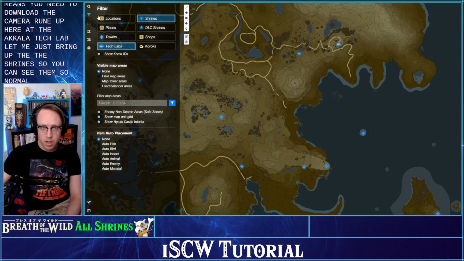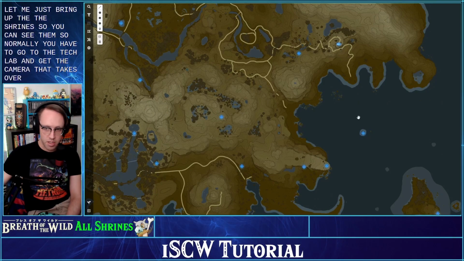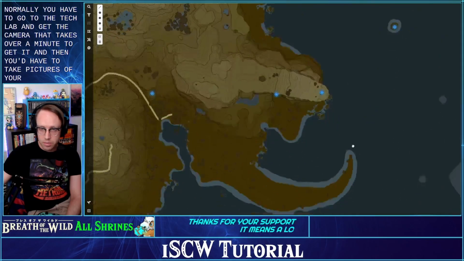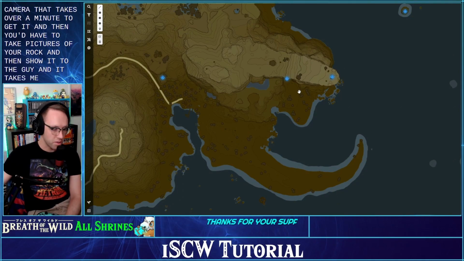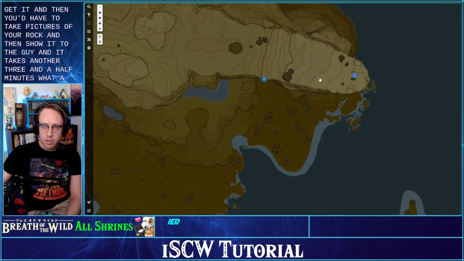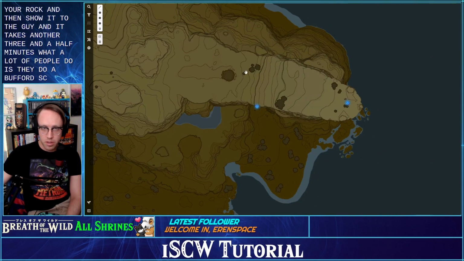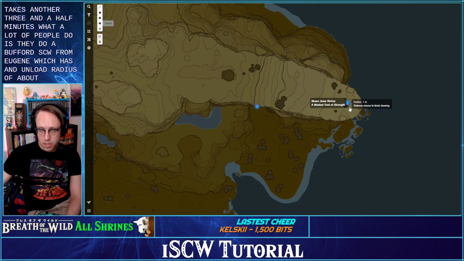So normally you'd have to go to the tech lab and get the camera. That takes over a minute to get it, and then you'd have to take pictures of your pieces of rock and then show it to the guy, and it takes another 3.5 minutes. What a lot of people do is they do a buffered SCW from Muojim, which has an unload radius of about 64 meters,